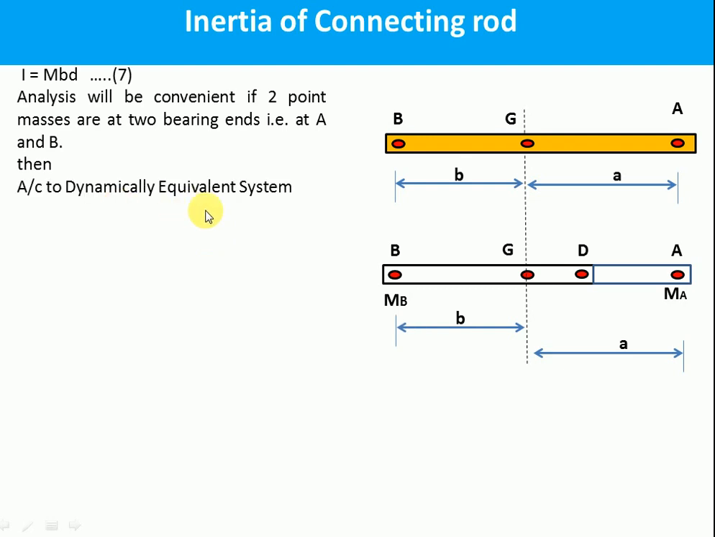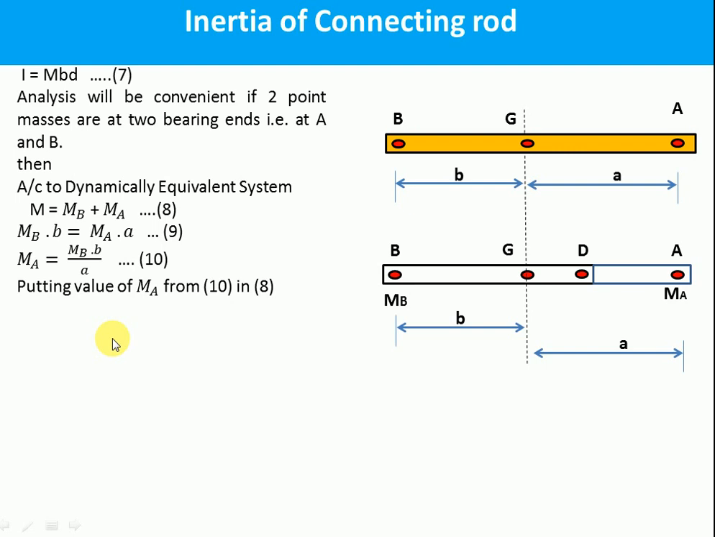So now again, according to dynamically equivalent system, M will be equal to MA plus MB. Second condition, MB into B is equal to MA into A, let it be equation 9. Then MA will be equal to MB into B upon A, as we have just done in the last slide, that is MA is equal to MB into B upon A, equation 10. Put this value of MA from equation 10 in equation 8,